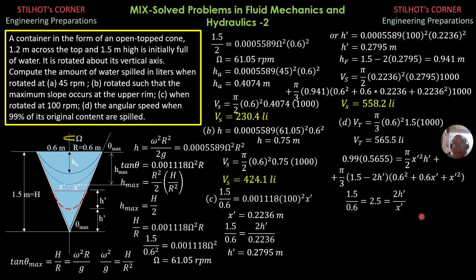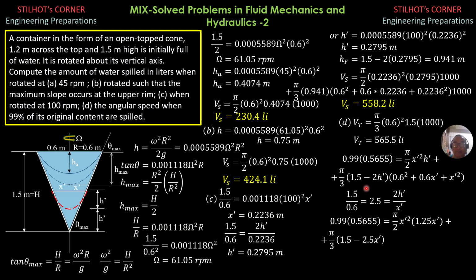So that means 2h prime here is 2.5 x prime, while h prime alone is 2.5 over 2, 1.25 times x prime. Substitute here, 0.99 of 0.5655 is pi over 2 x prime square times 1.25 x prime plus pi